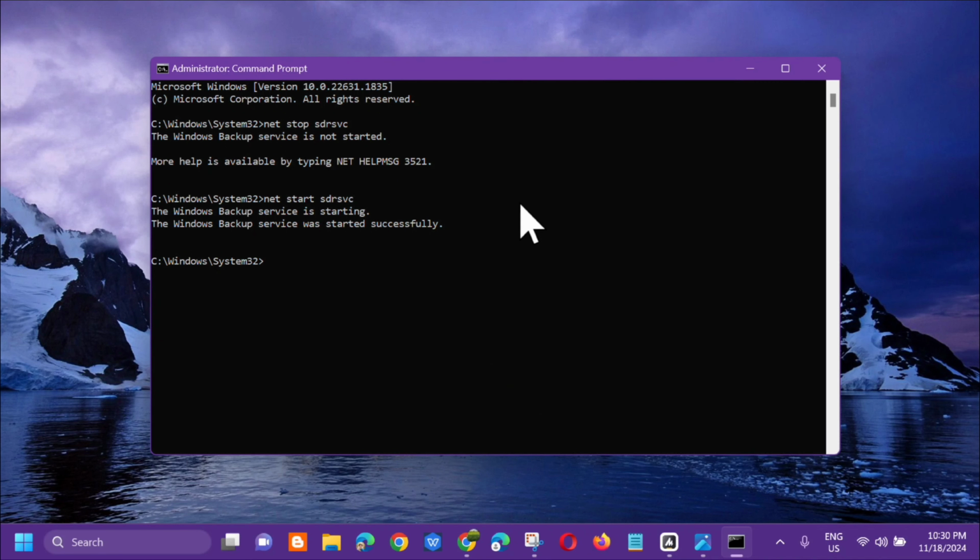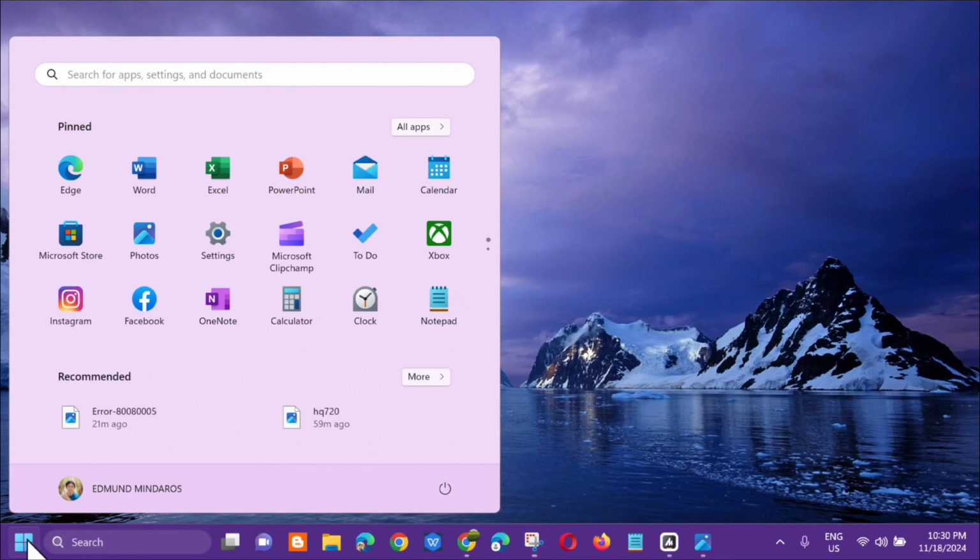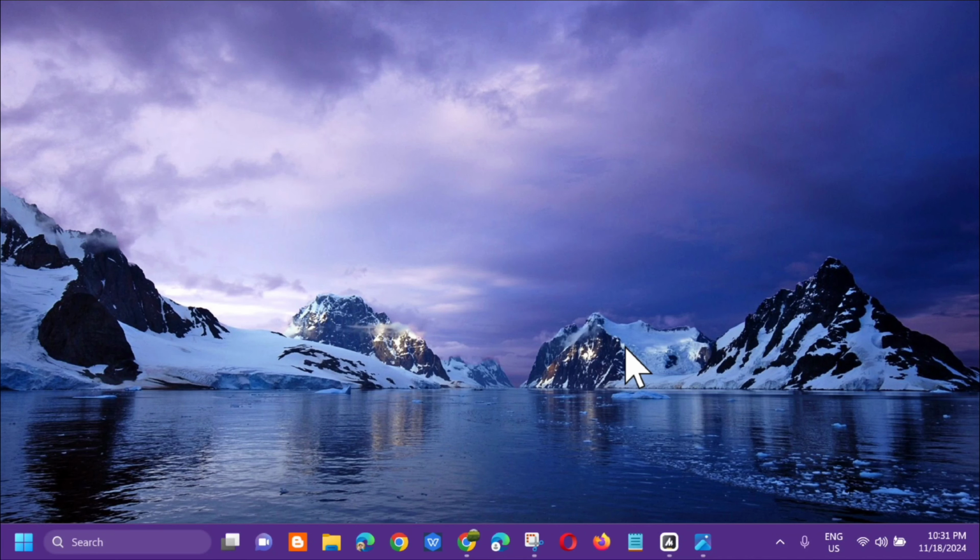So after mo ma-enter tong dalawang command keyword na to, and then next step, close lang natin yan. At dito lang sa start menu kailangan mo lang mag-restart. Okay, click mo lang yan. Alright, so ganun lang po kasimple on how to fix server execution failed with the error code